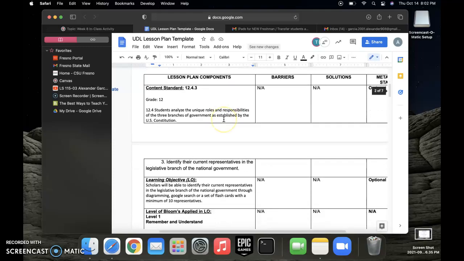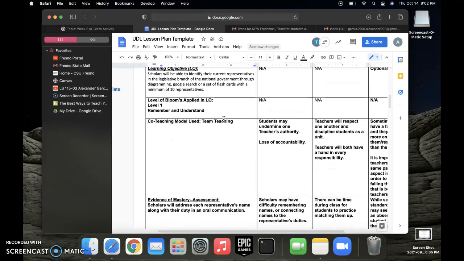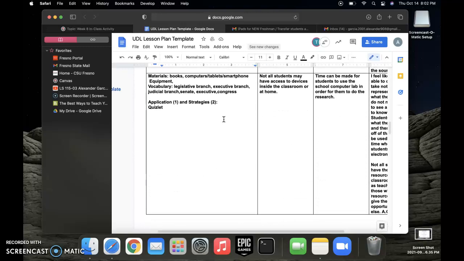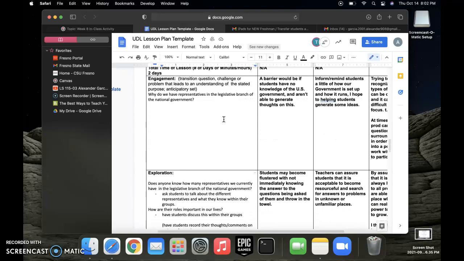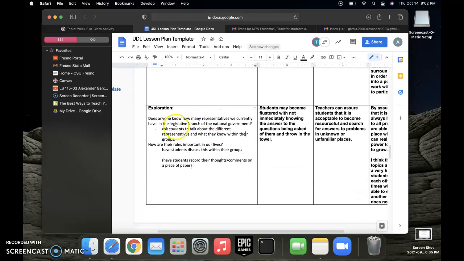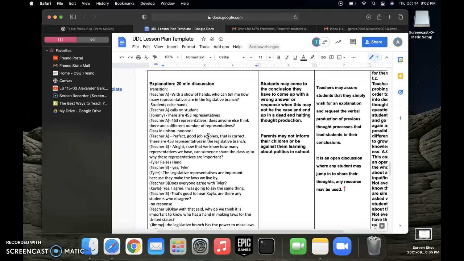We got our content standard filled out, learning objective. I won't read all of those out loud just because they were in the last videos that we did, I believe. And I want to go over the explanation portion. This is a lot of what we worked on this last week. So, starting off with the transition into this section,